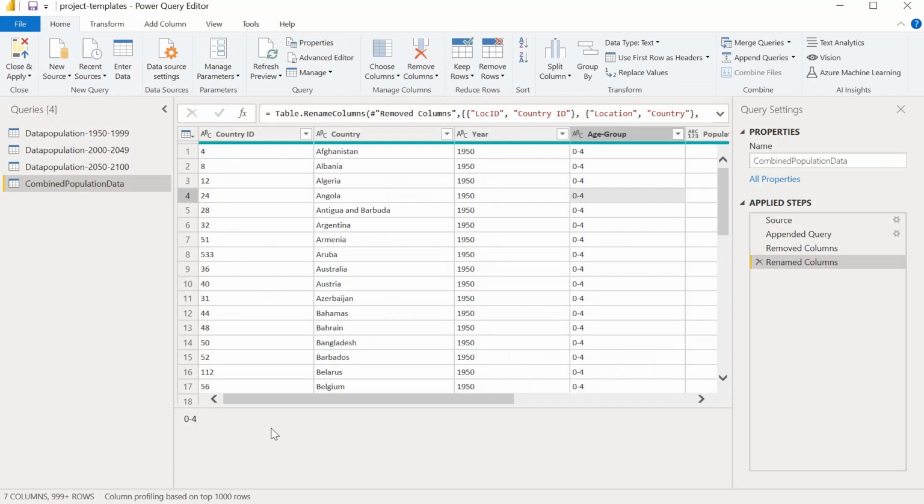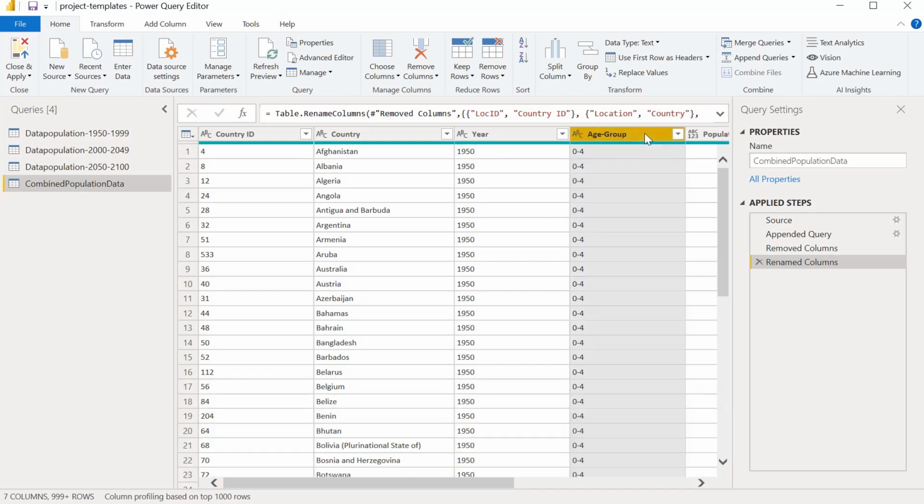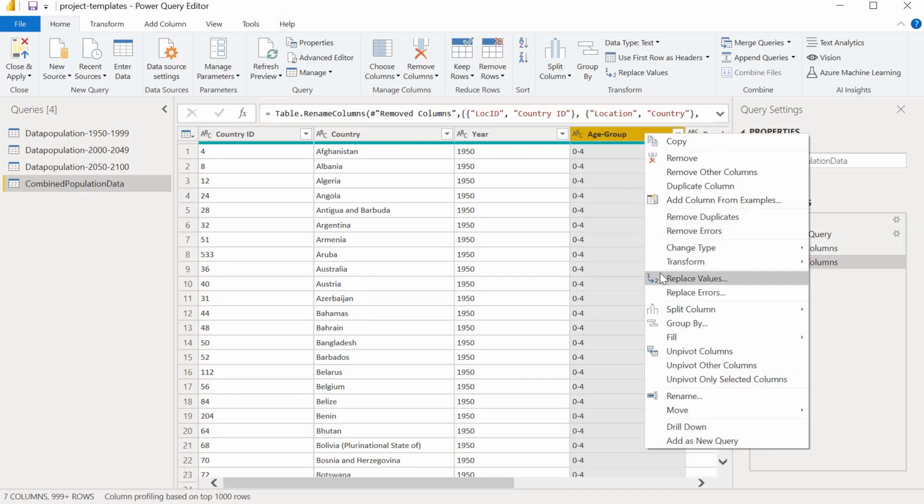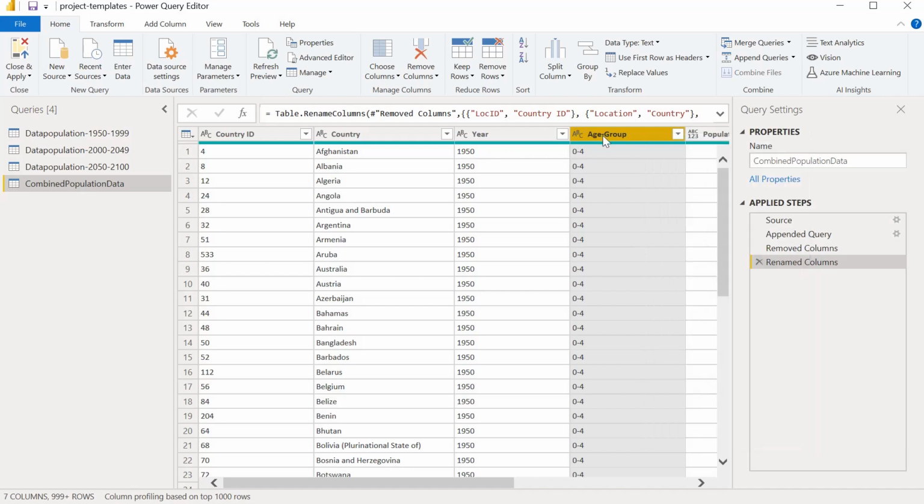Let's go back and see how to correct this. There are various options available to replace this. If you right click here, we have this replace option, or in the Home menu as well, you can see there is a replace option available, Replace Values.